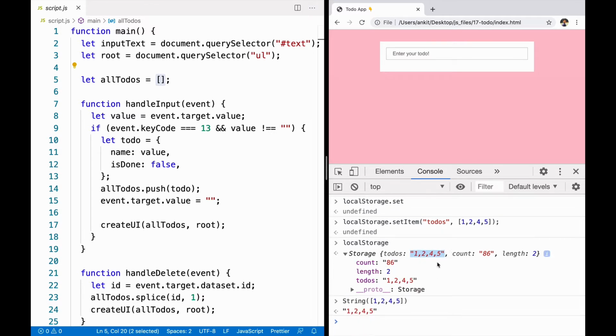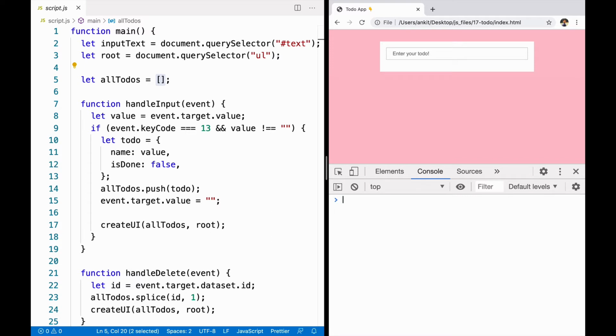But the main problem with this is that when you have an array, you can apply methods like map, forEach and reduce on it. But it becomes a string and you cannot use methods like map, reduce and others. So whenever you are adding any non-primitive data types like an object or array, what you have to do is use a method that is present in every browser called